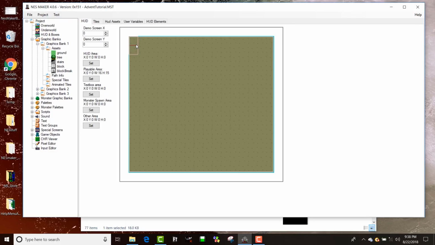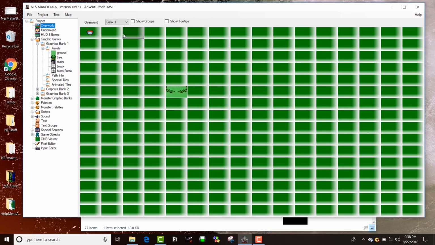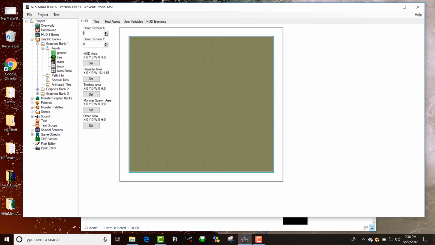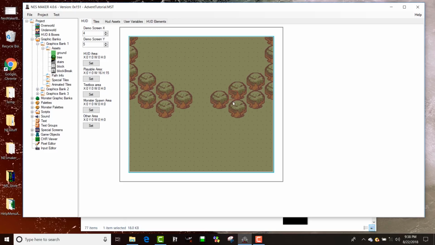And what I'm going to do is, if I go back to my map, I'm sorry, I know that was 1, 2, 3, 4. 0, 1, 2, 3, 4, 5. So 4, 5. If I go to my HUD boxes, I can look at 4, 5, and I can see the screen as a reference. So as I figure out how big to make my HUD, I'm going to make my HUD this big, and I'm going to set my HUD area, and I'm going to make the gameplay area the rest of the